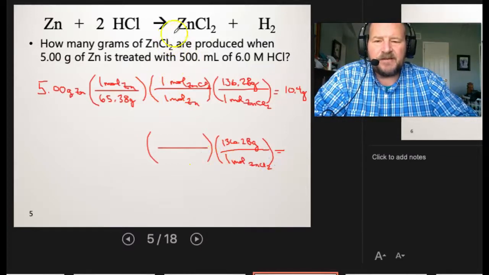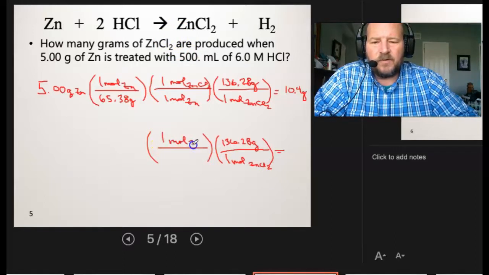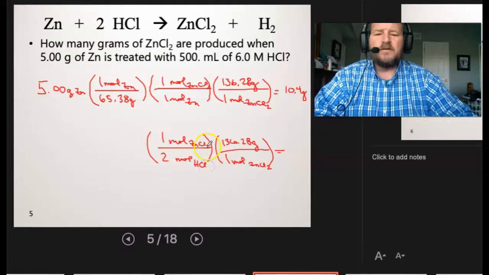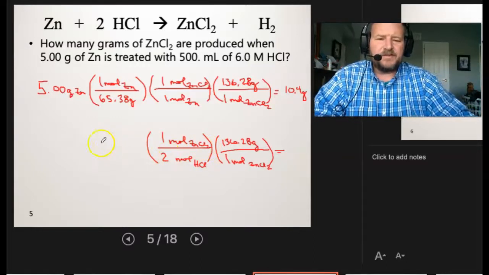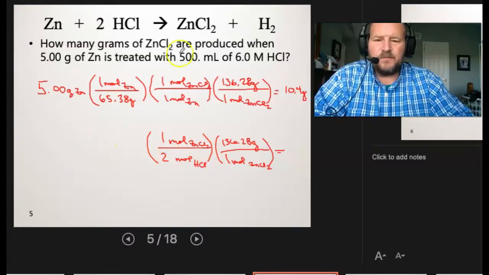Because that's based on the balanced chemical equation. So that's going to be 1 mole of zinc chloride. The denominator is going to change because we need 2 moles of HCl,